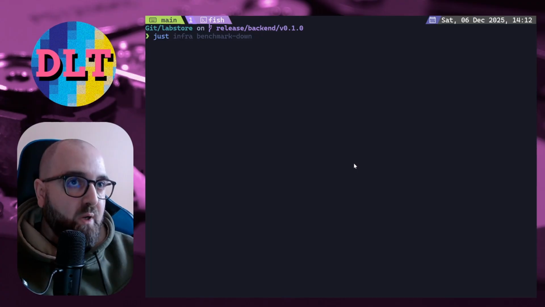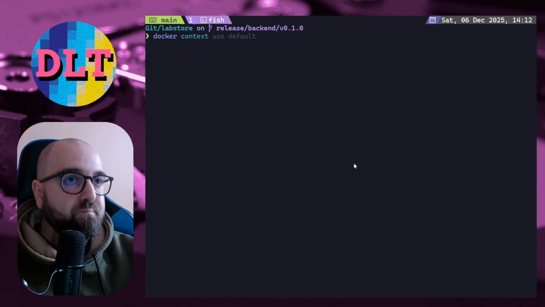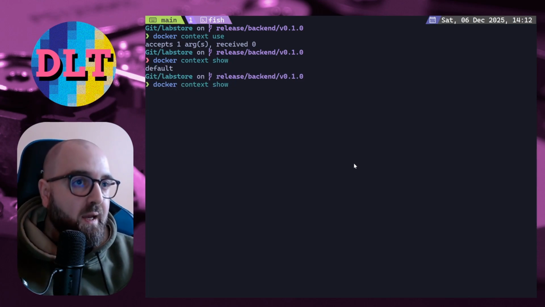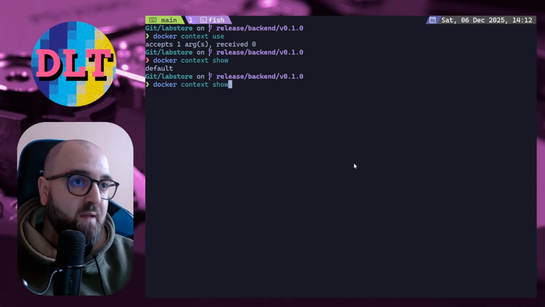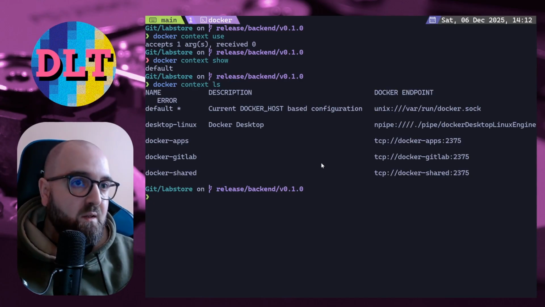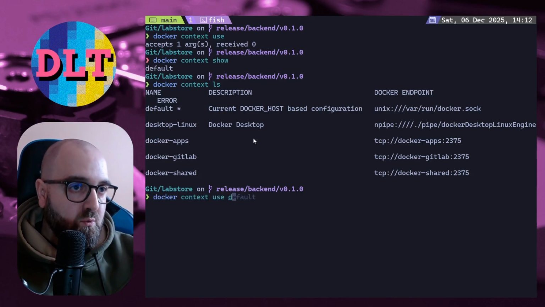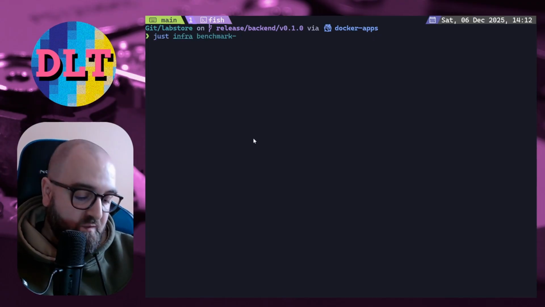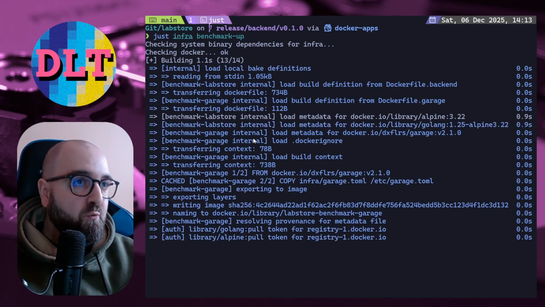For that we can run just infra benchmark up, but since we are running on the default Docker context, and because we want to be able to test taking into account the bandwidth that we've got on our local gigabit Ethernet, we'll instead use the Docker apps VM. So we'll switch to Docker apps over here, and now if we just infra benchmark up, this will provision everything